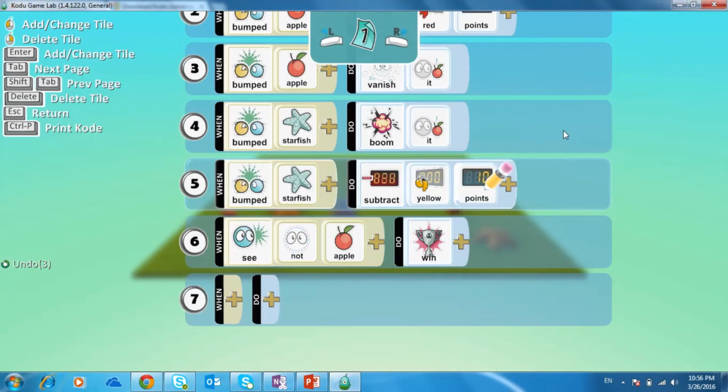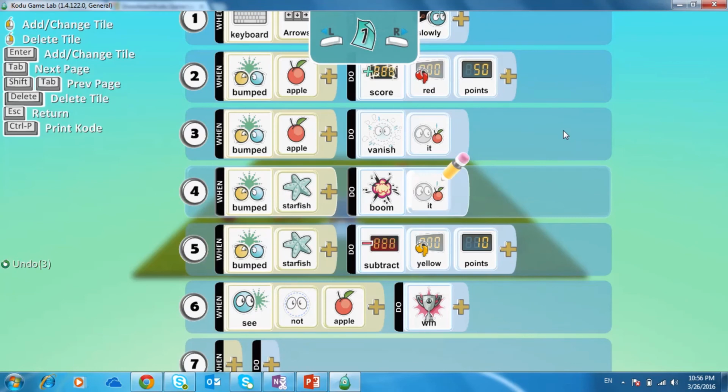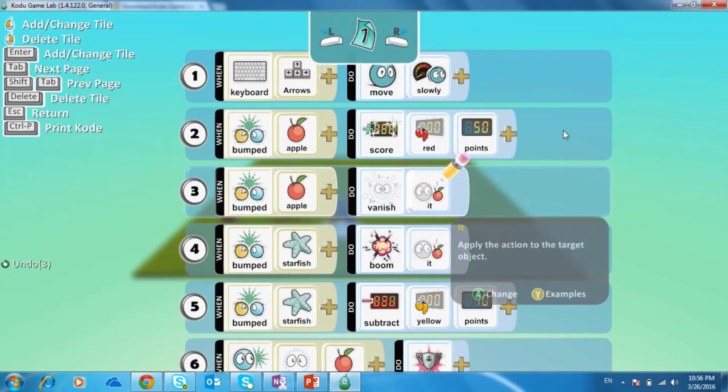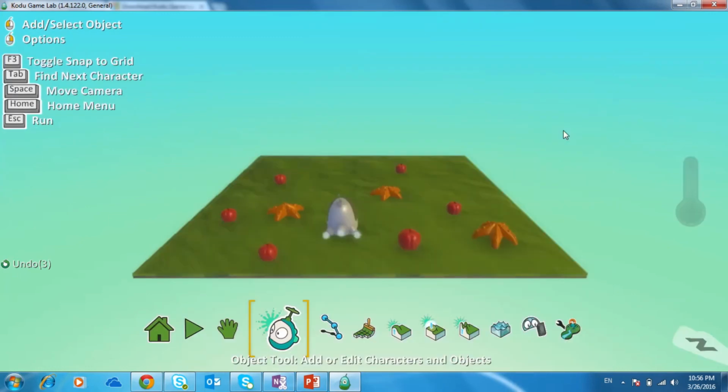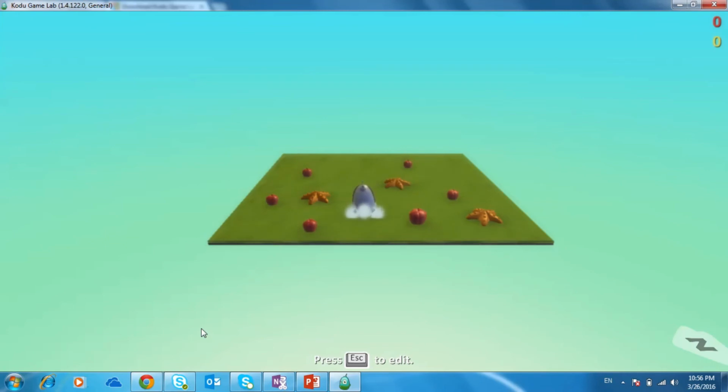So when you set the whole program into the Kodu, it's time to test the game. When you want to test the game, press the escape key on your laptop's keyboard. You press the escape key and you go into the home screen. So to play the game, you just click on this play symbol. Yeah. And you see this terrain with the objects. Now the only thing the child will have to do is to use the arrow keys because the Kodu is programmed with the arrow keys.